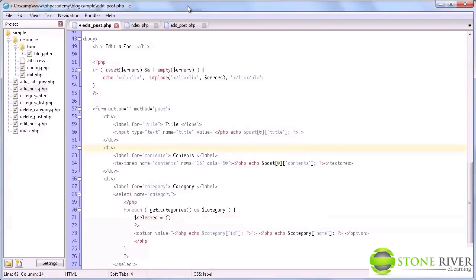Oh, my window just did some weird things. Anyway,